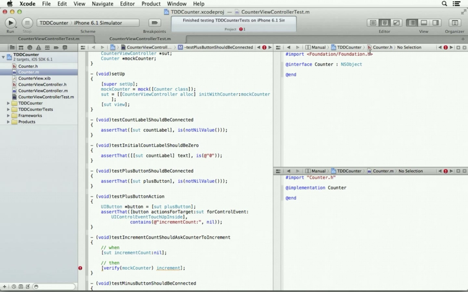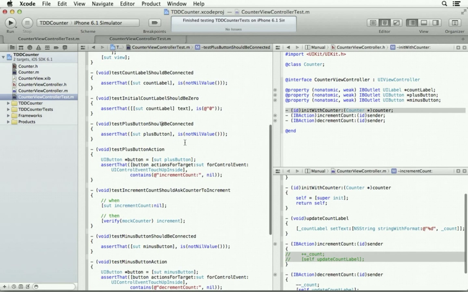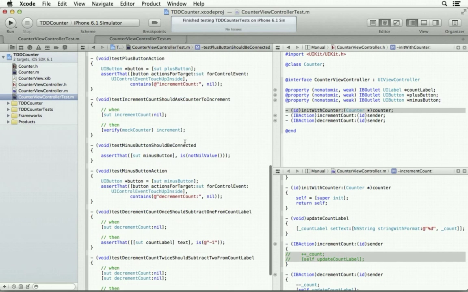So we've got the header up here and the implementation down here. The method is called increment. Again, AppCode would do all this for me. So now if we switch back here, I think the compiler is satisfied.